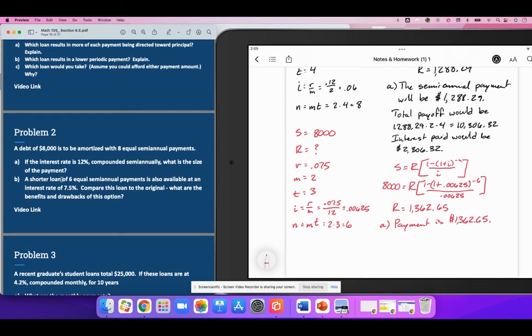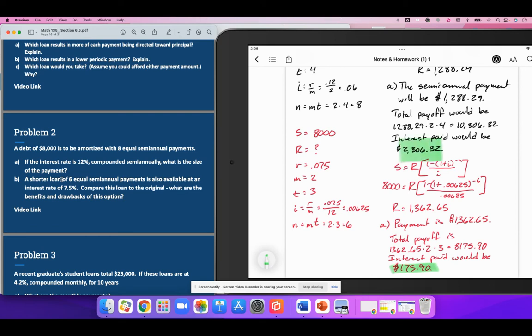So we've got our payment size, total payoff. With this one it is 1,362.65 times 2 payments per year times 3 years. It's going to be $8,175.90. Interest paid would be only $175.90. That's pretty wild. So the two numbers that I'm going to be most concerned about is how much am